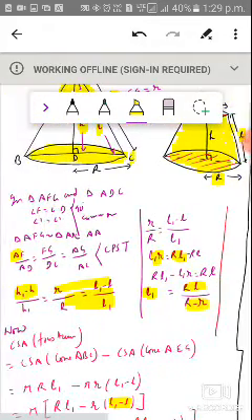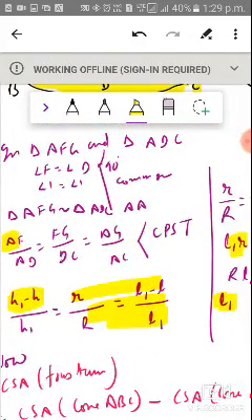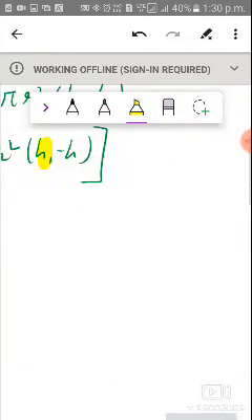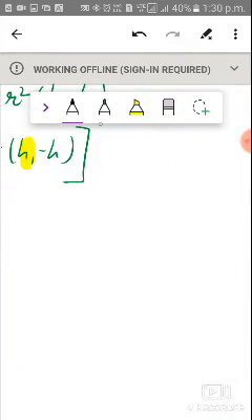So again we come to the relation where it was here. It is given that (h1 minus h) by h1 equals r by R. Previously we took the middle part and the last part; this time we have taken the first and the second ratio. So I am doing it here on this side.